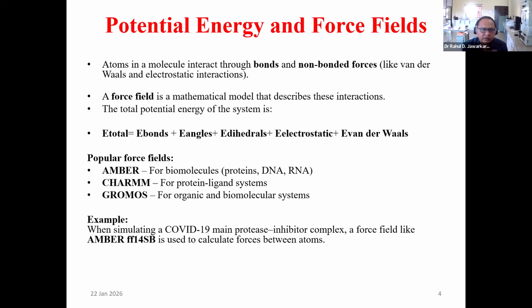Similarly, if you are going for the MD simulation of DNA and RNA, then you have to select the CHARMM AMBER force field. When we go for the analysis of dynamics of a protein and ligand system, in that case we have to select CHARMM, and obviously GROMACS for both organic and biomolecular systems, especially in